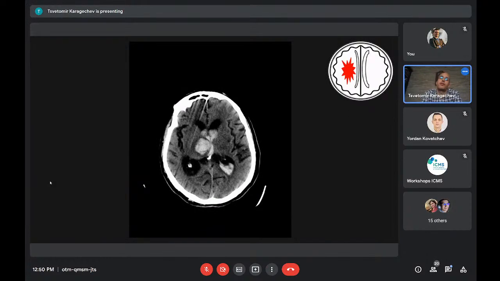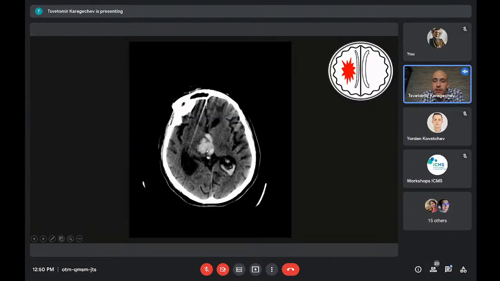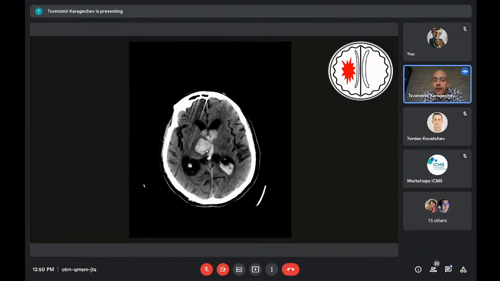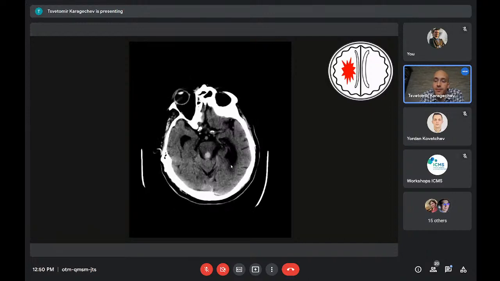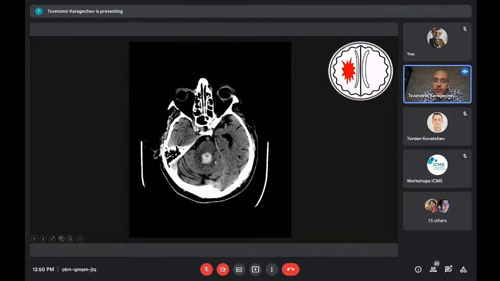So here, what you have is a hyperdense lesion, and where is it? You already know that it is in the right basal ganglia. It's round but slightly irregular, and there is just a little bit of edema around it. Those of you who look extra carefully may have already noticed that there is also hyperdensity inside the ventricles. This is the third ventricle, the lateral ventricles, and when we go down, there is also blood in the fourth ventricle.